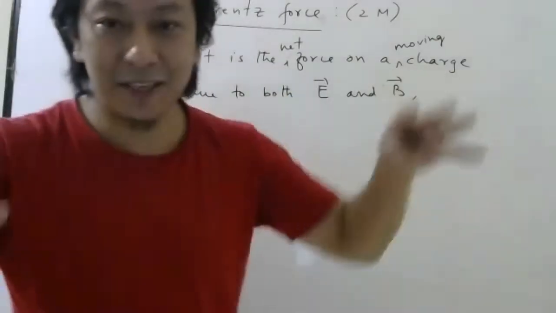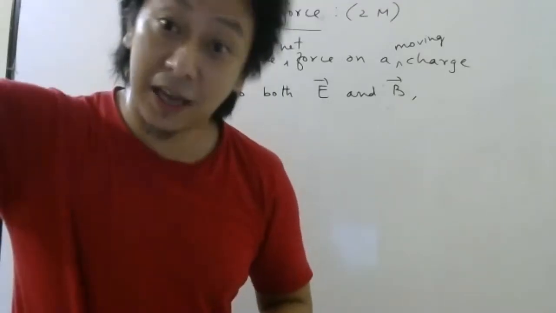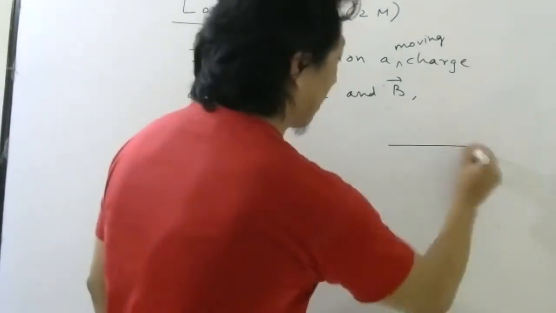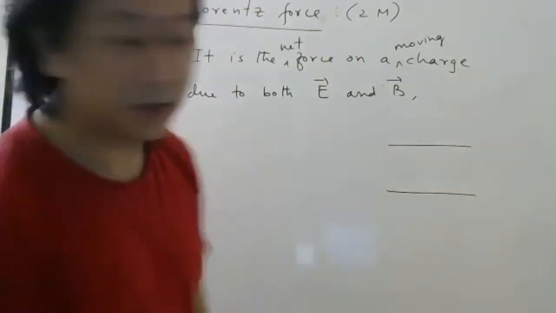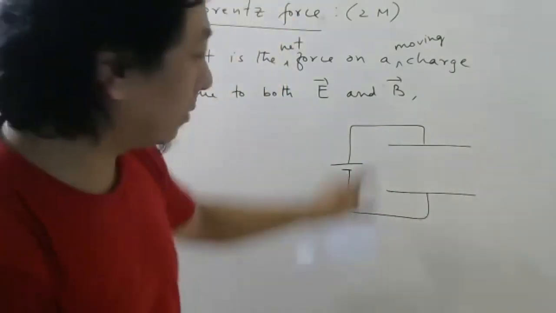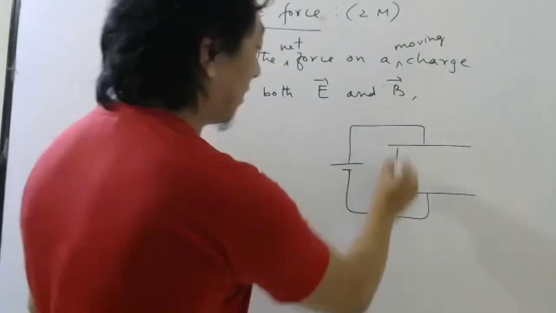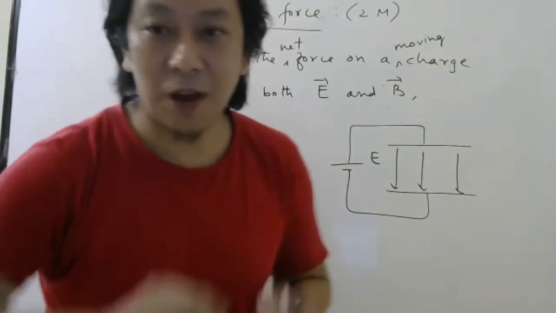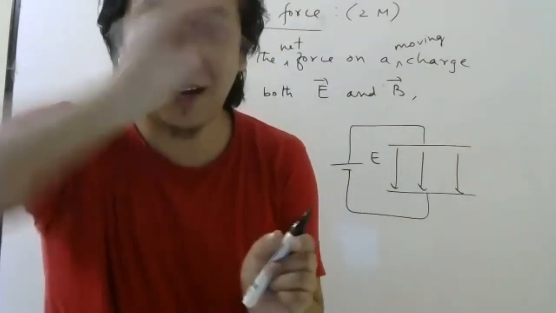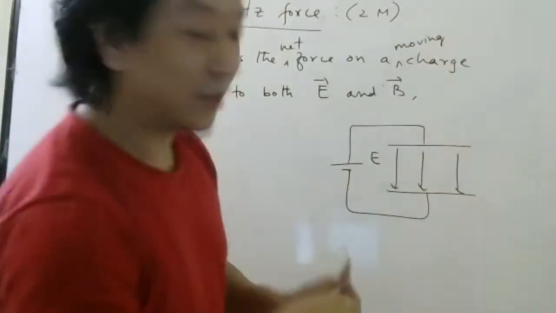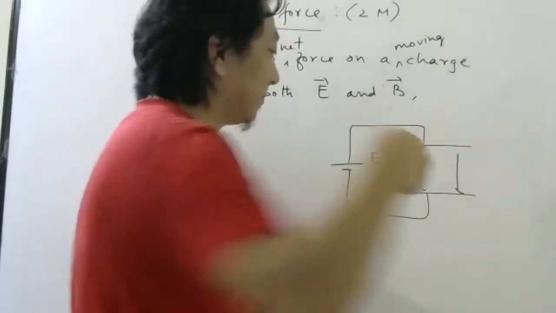So imagine there is a space where I have created an electric field also, and a magnetic field also. Easily we can do it. Take one capacitor, put a battery here. Then you know there will be a potential difference, and because of that, there will be an electric field. Then you buy one horseshoe magnet. It looks like this. Keep the north pole here, south pole there. So there will be a magnetic field this way.